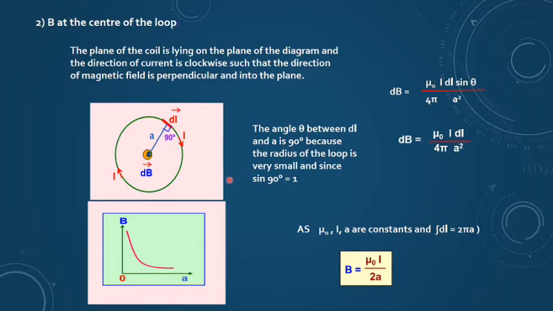Direction: if it is clockwise, into the paper. If it is anti-clockwise, it is outward. Perpendicular to the plane, of course, we have to take by using the right hand rule, because you all are aware of the right hand rule from class 11th. Also, we have already discussed it many times. If you want to write B, you can write integral of dB and then work out the things. If you want to write all the steps, you can write it like this.